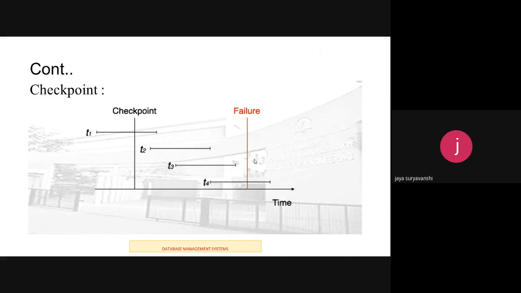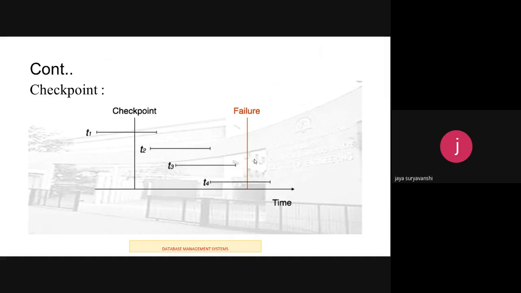Using a checkpoint, a point can be declared before which the database was in a consistent state and all the transactions were committed. In immediate database modification recovery techniques, some transactions are required to be redone and some are required to be undone by searching the entire log. Searching the entire log is a time consuming process. To overcome these problems, checkpoint methods are used. Consider a system with concurrent transactions that crashes; the recovery behaves like the figure shown.